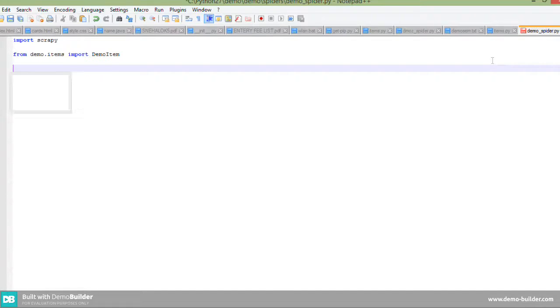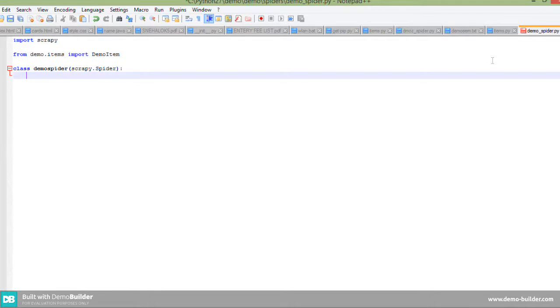Okay, create a class here also, class DemoSpider, scrapy.Spider. Indentation matters. We need to specify the name of the spider, anything we like. Afterwards, for running the spider we need this name.